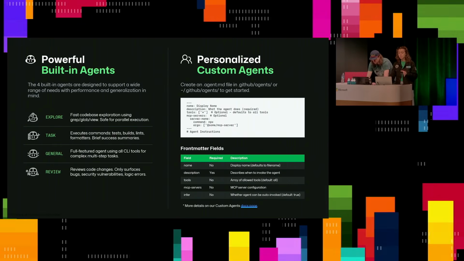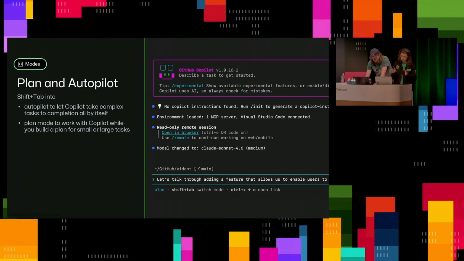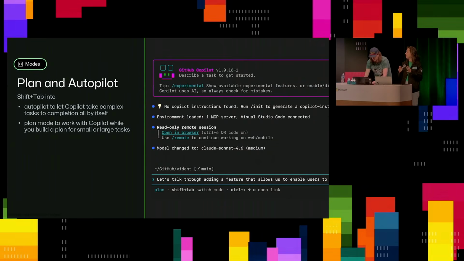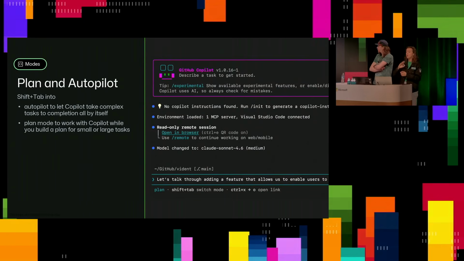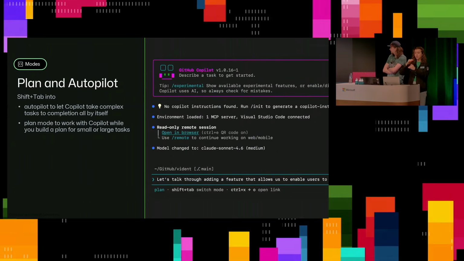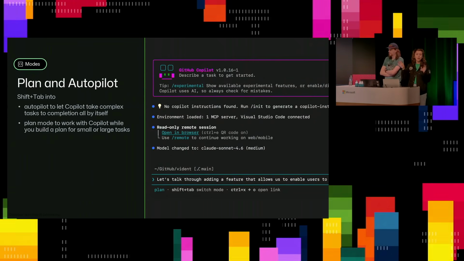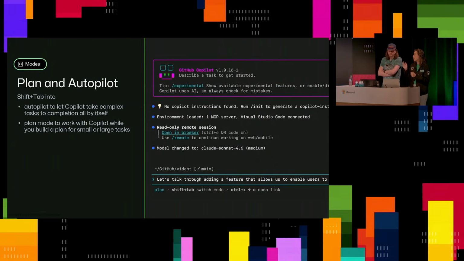Now, in terms of modes in the CLI, I love plan mode. Plan mode is my favorite thing. And so when you get into the CLI, which once again we'll show you, you can hit Shift-Tab. And when you Shift-Tab in the CLI, it can shift between all the different modes. And so there's regular mode where you can ask something that's very interactive back and forth. And then plan mode